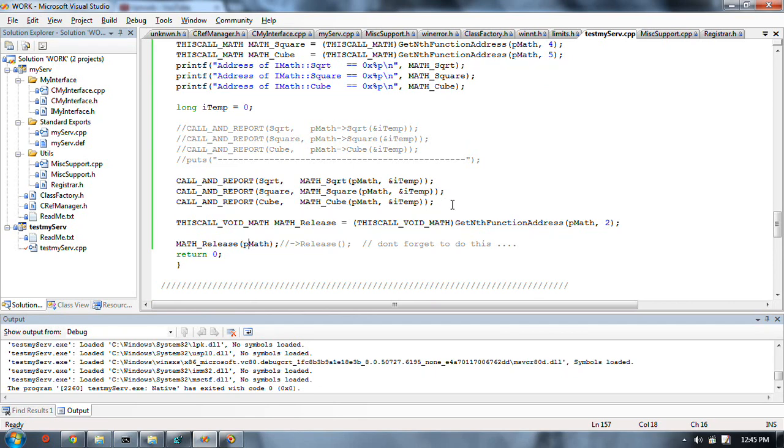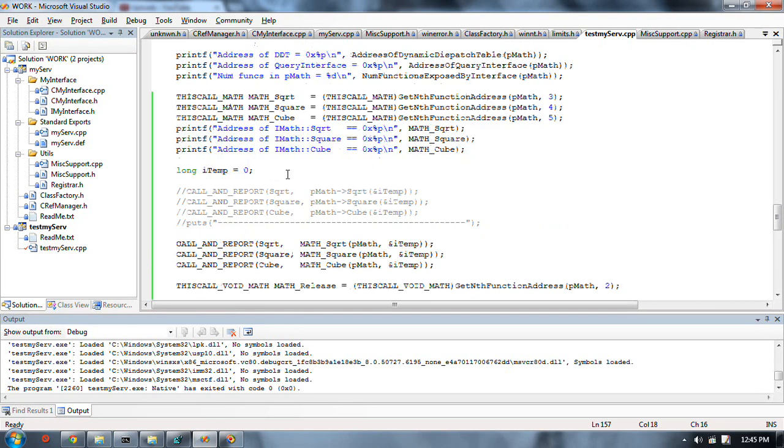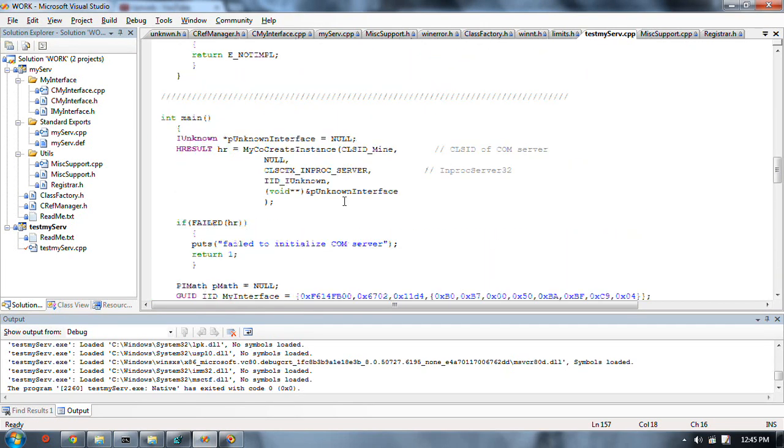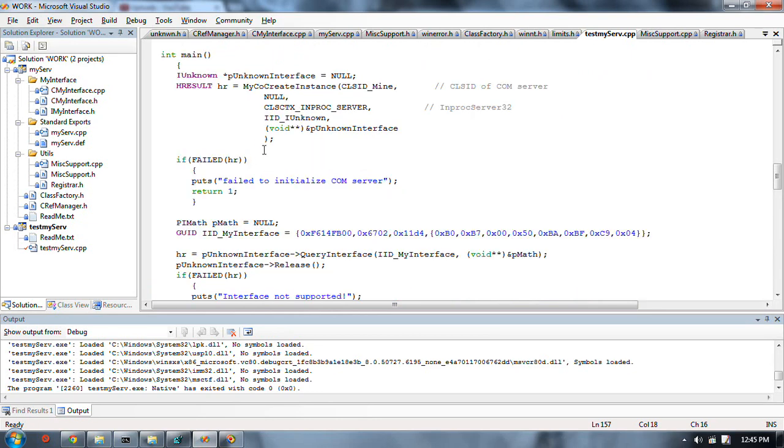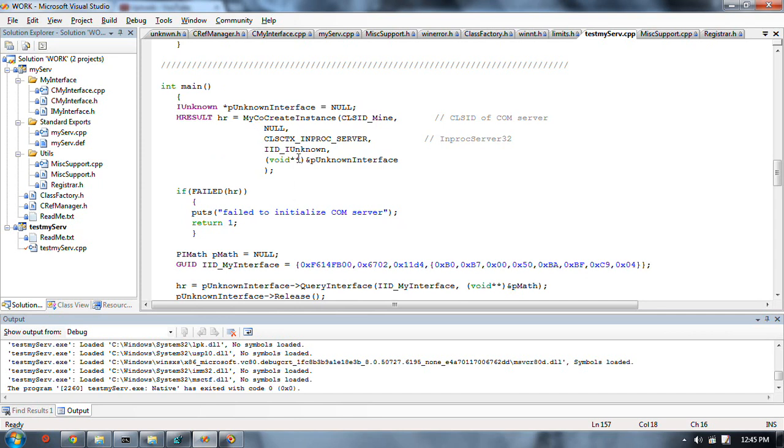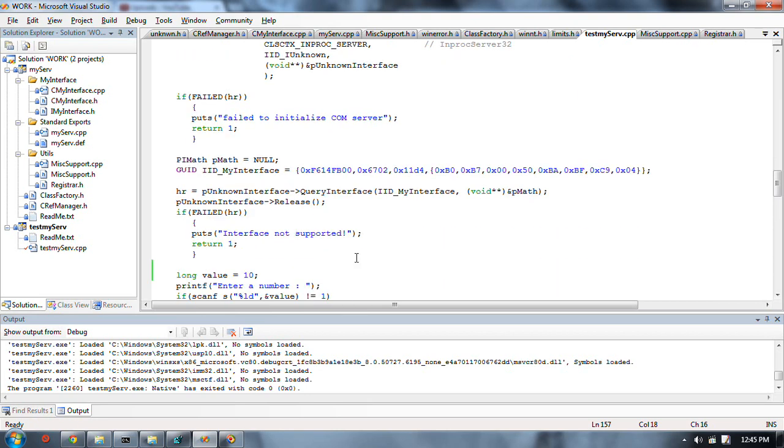There will be a marshaller, and we're not getting that marshaller in either case, whether we do it manually like this or if we use the COM method. These are still direct function calls, and